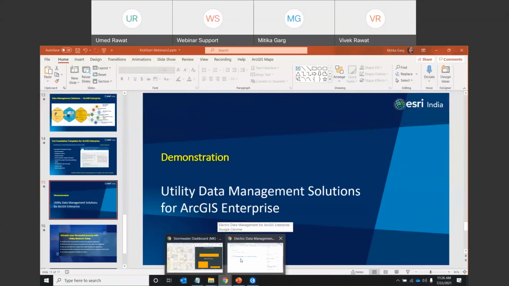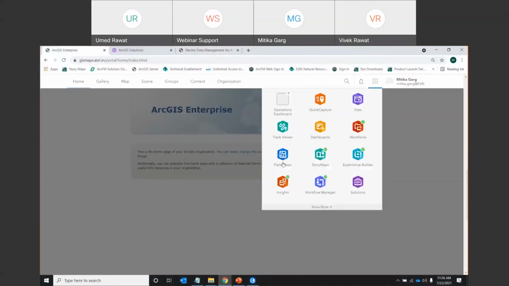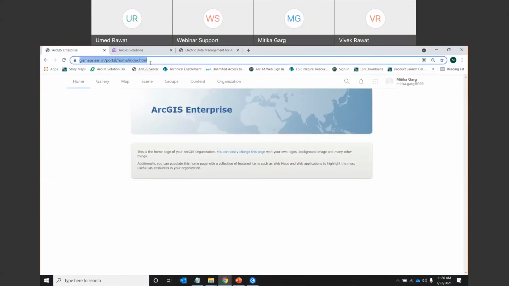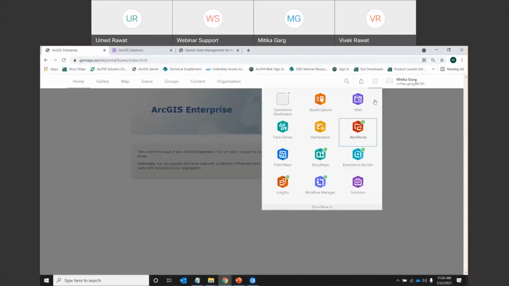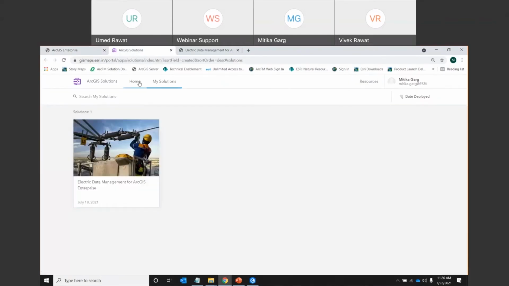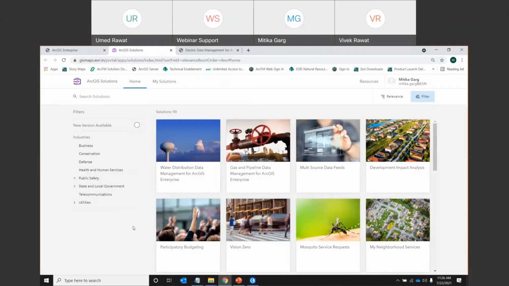So here we have seen ArcGIS Online. Same as that, we have to log in. This is our enterprise portal. You can see ArcGIS Enterprise, and in ArcGIS Enterprise also, you can see these 6 tabs. And there is ArcGIS Solutions that comes along with that. If your enterprise does not have this ArcGIS Solutions, you can download these installers from i3 and this will enable it. So once I click this ArcGIS Solutions, it will open the same page which you have seen in ArcGIS Online. But here I am deploying for the enterprise.